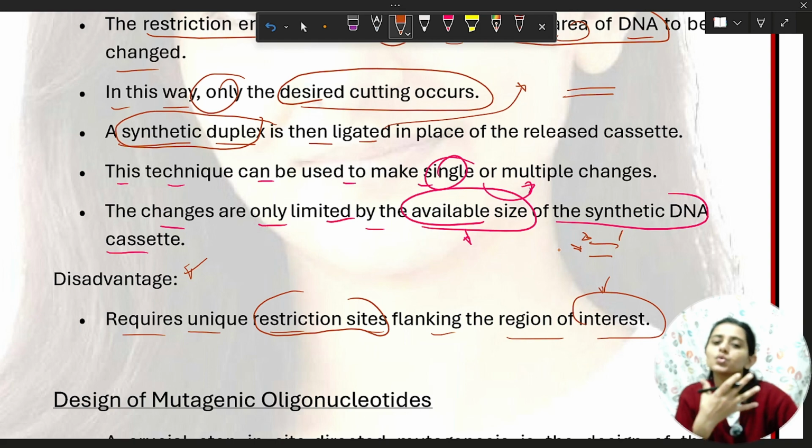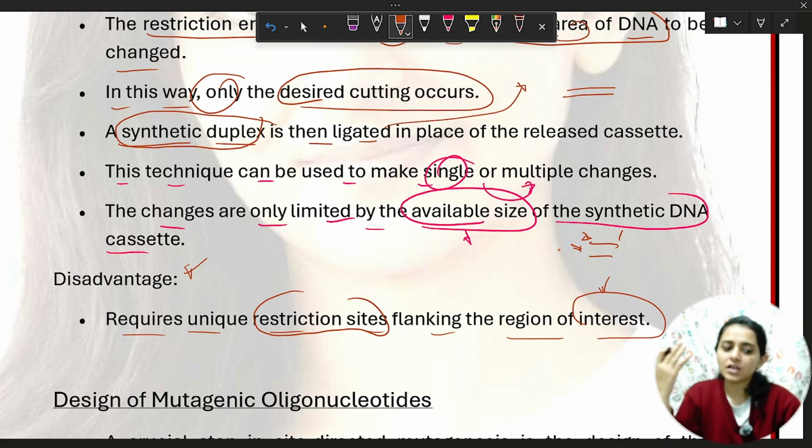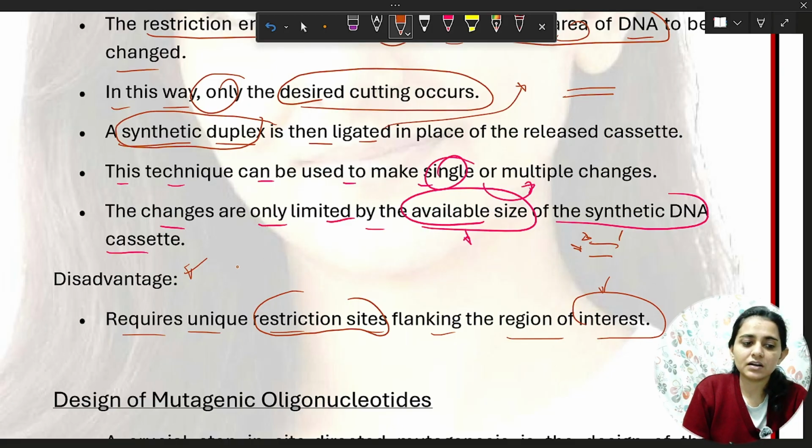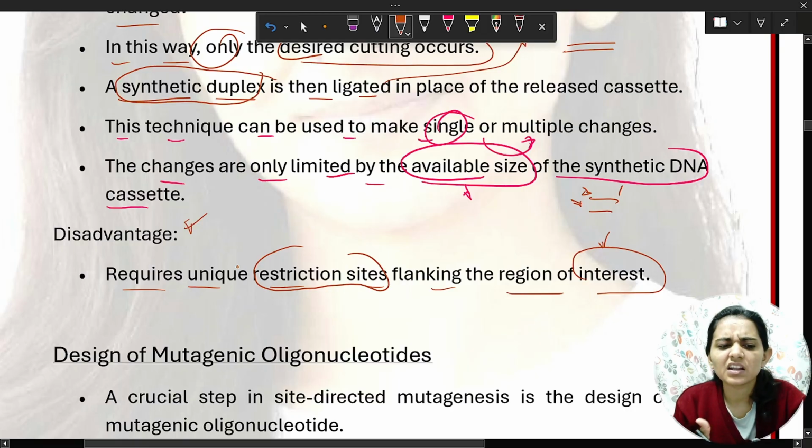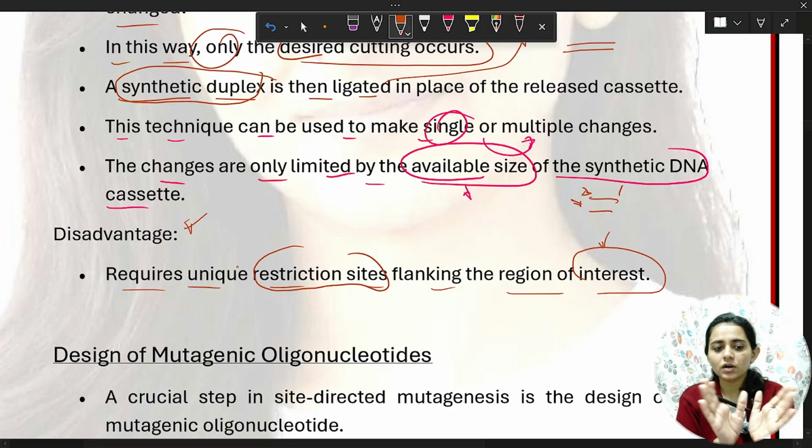If we use that enzyme again for another site to cut, there will be a possibility that it will cut that site again. So this is the disadvantage. But this can be controlled if we just do the cutting first and then only the insertion.